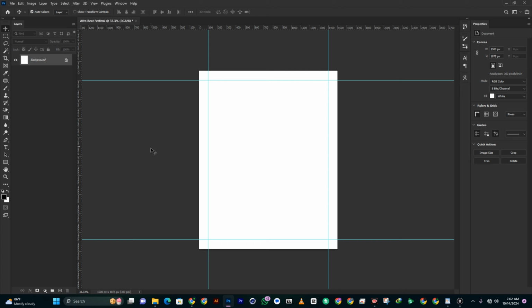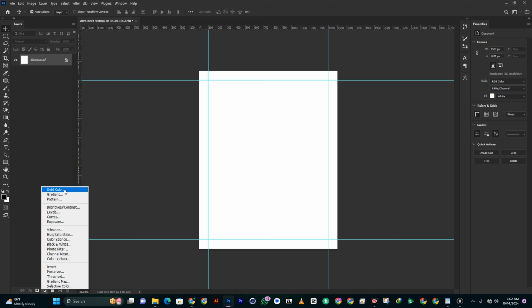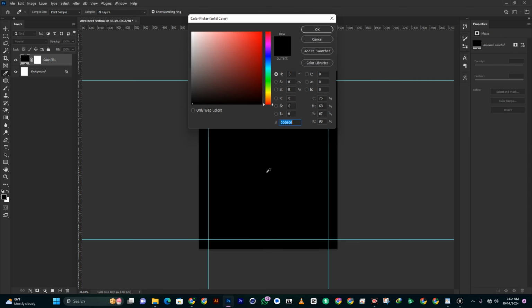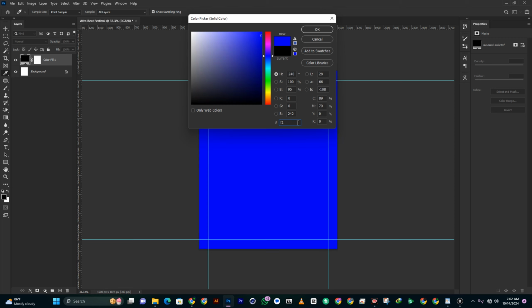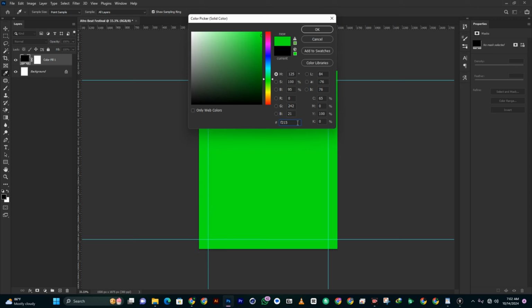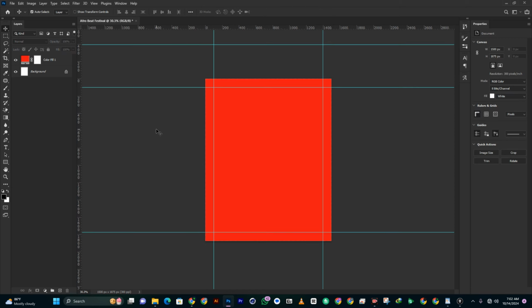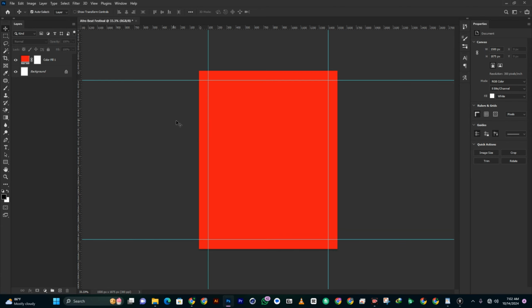Let's add our contents. So let's create our background. First, let's locate solid color and type in this color code F21513. Okay, hit OK, and then